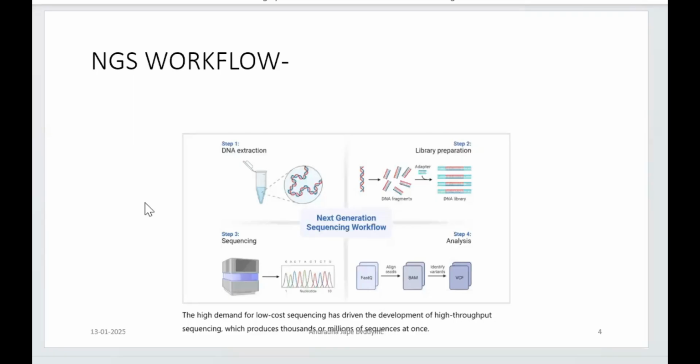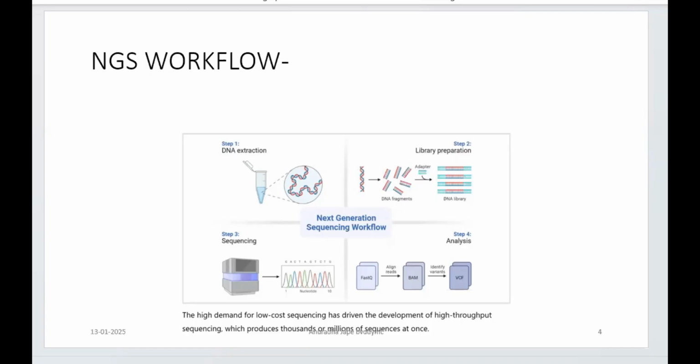Then you have to go for sequencing, and then analyze the data and compare it with the already existing data in the sequence libraries. By comparing, you can get to know whether the sequence has any similarity with the existing sequences or differs from them. This is just to give you an overview of the important steps to be conducted when you are talking about sequencing with reference to high throughput methods.